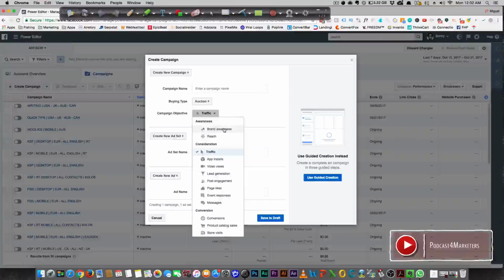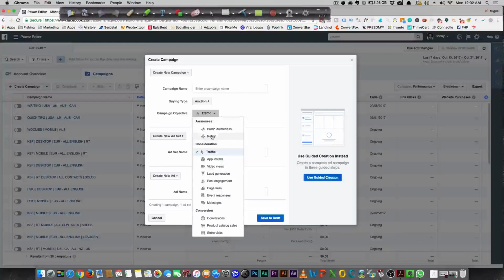Brand awareness means you're just going to throw a bunch of money on Facebook and let people know about your brand, but they're not going to buy shit. Reach is a little bit different, and there's some interesting shit in reach. The reach objective will actually give you an option for people to call you right now. So this is a really good option if you were doing lead generation for somebody and you wanted to get calls right now. This is one of the only objectives that has a call to action for a phone call. Really interesting. For traffic, it's just traffic.